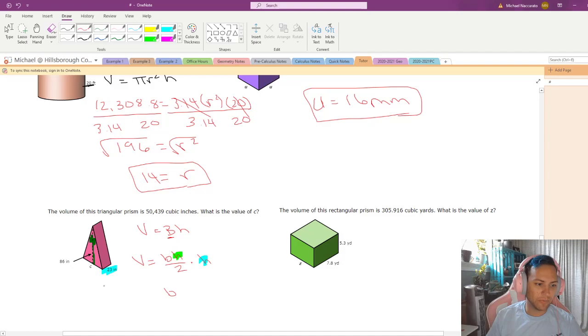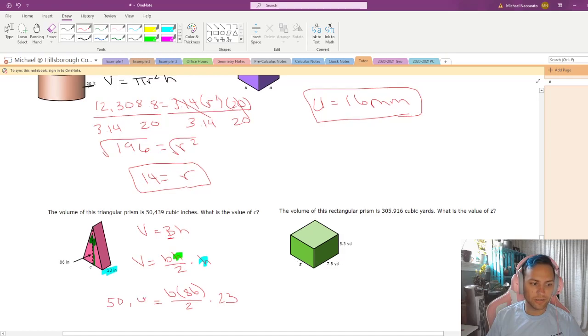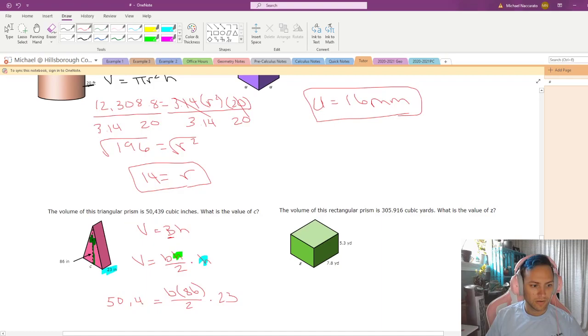So I'm going to have base, I'll just call it base for now. We can see the base is C, times the height of the triangle, which is 86, divided by 2, times the height between the two triangles, which is 23. And if I set equal to that, I'm going to end up with 439. So what I know I'm going to need to do is start by dividing